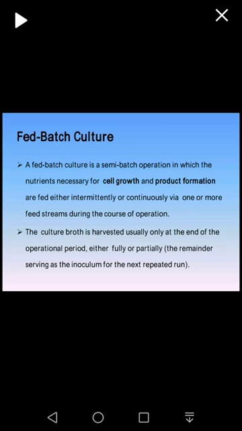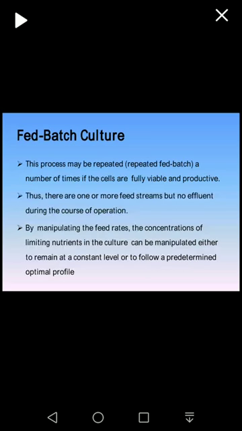So basically, the difference between fed batch culture and the continuous culture is that in fed batch culture, you are adding the media intermittently or continuously, but you are not taking out the product at the same time. The product is taken out at the end of the run in case of fed batch culture, while in case of continuous culture, the product is being taken out at the same time as the media is being added. So this process may be repeated, which is called repeated fed batch,